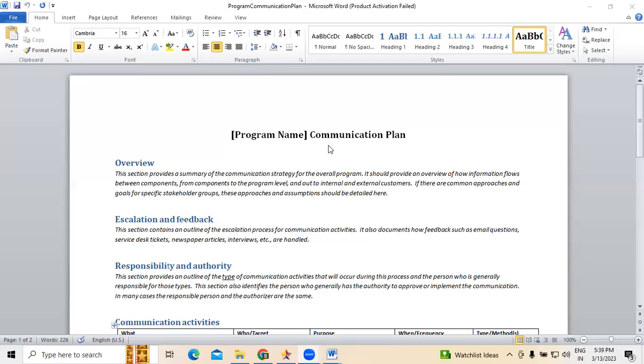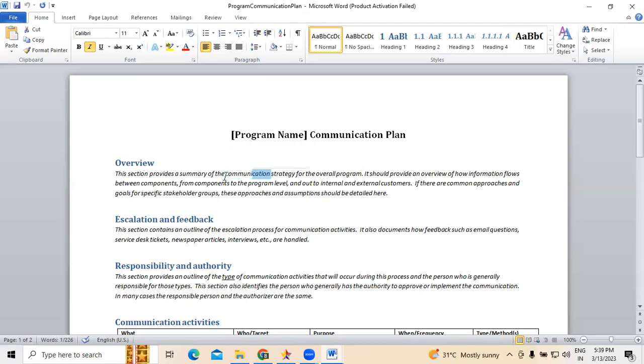In this program management communication plan, the program management team or program manager needs to explain the overview part of the program management. This overview part majorly focuses on the communication strategy of the overall program. What are we going to perform?